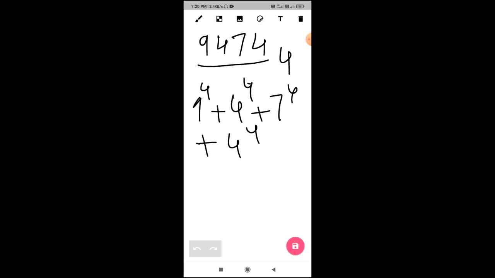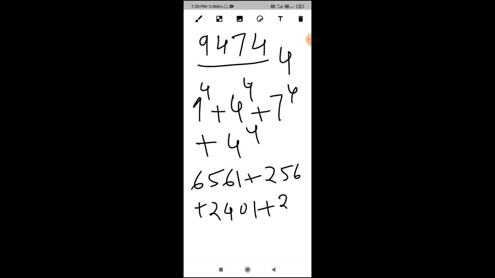And when you calculate this, you will find 6561 plus 256 plus 2401 plus 256, and when you sum up all these you will have 9474.